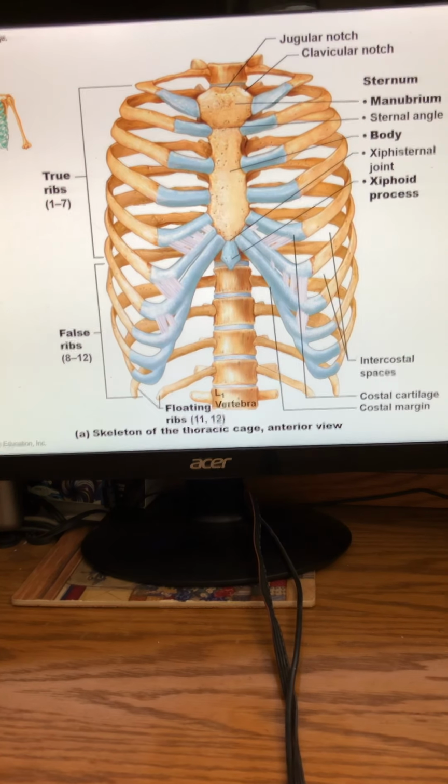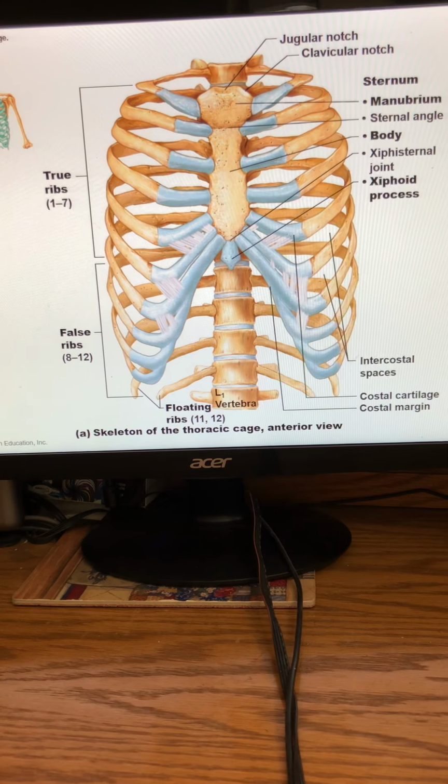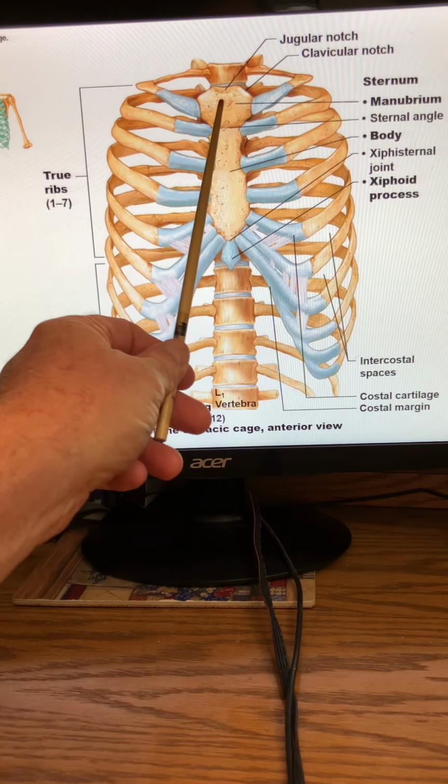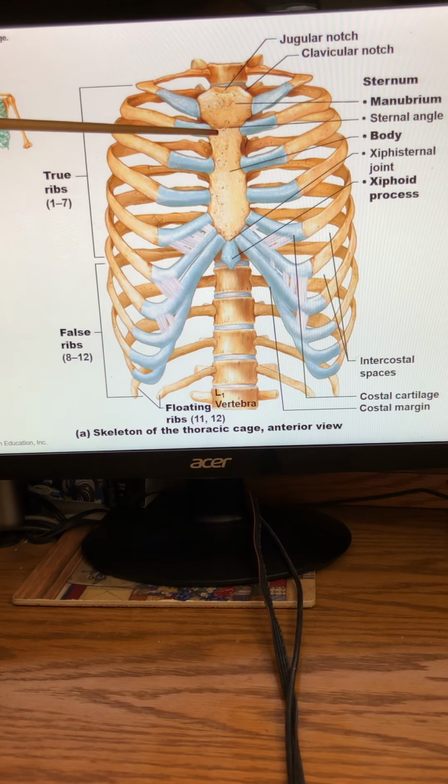skeleton. This is called the thoracic cage. The thoracic cage is going to consist of the sternum, and there are 3 bones that make up the sternum, and the rib cage that's attached to them. The 3 bones are considered to be the manubrium. Then there's going to be an angle that will go to the body, and it just says body, but it should be body of the sternum or sternal body, which will have a joint, which will then go to the